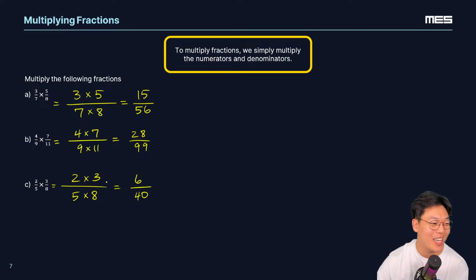Hi, if you're new, Chloe. I love how you're being friendly. I love it. 6 and 40. What number are they both divisible by? 6 and 40, I know they are both even. So if they're both even, then I know they'll be divisible by what number? Even numbers are always divisible by